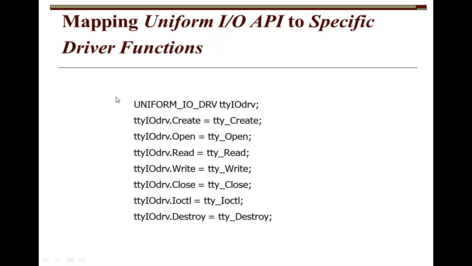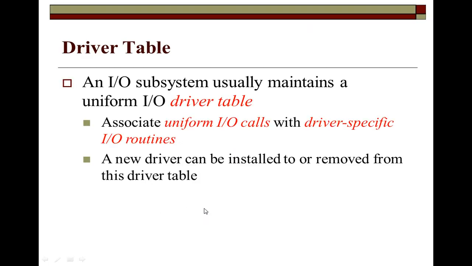Then once it is open, we are going to read what is given. Then again you can write, and once it is written you can close, so that all the communication is finished. Then finally you can close and clear all the memory, and you can control the input output device, and then you can destroy. Destroy means you can delete all the instances of programming whatever you have written. Similarly, here also it is given for the device driver: create, open, read, write, close, ioctl and destroy. Finally the device driver also operates the same way for the device.